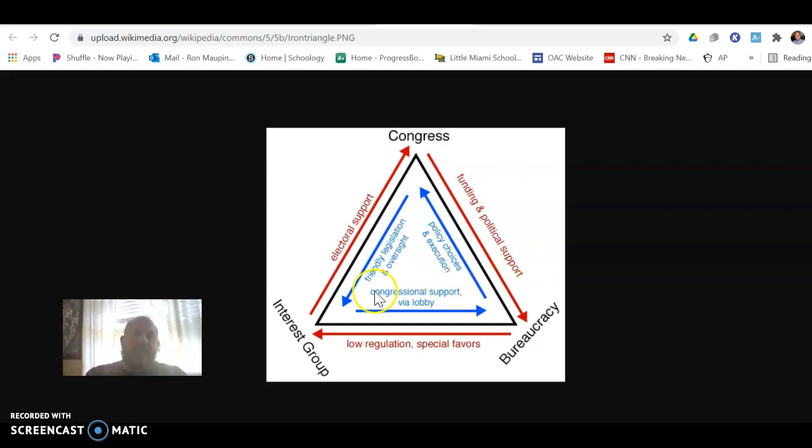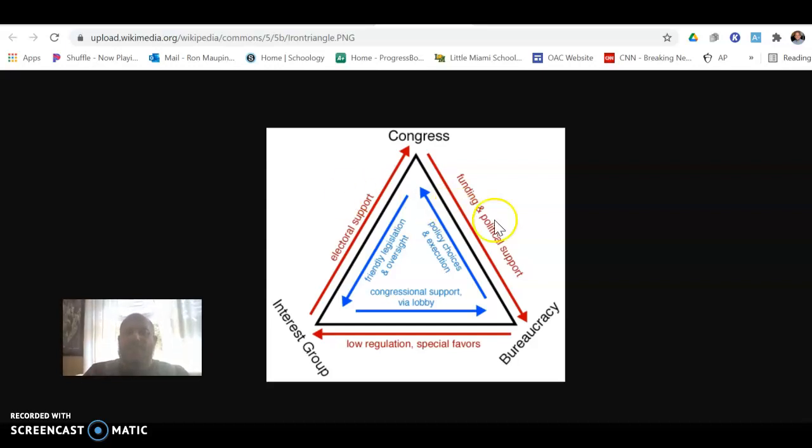So for example, interest groups obviously want legislation that is favorable for them from Congress. In return, interest groups are more likely to provide electoral support for members of Congress that are candidates seeking re-election. So in other words, you give the interest group the policies they want, and then you get the political support. Could be campaign donations, could be an endorsement, whatever that the member of Congress running for re-election would want from